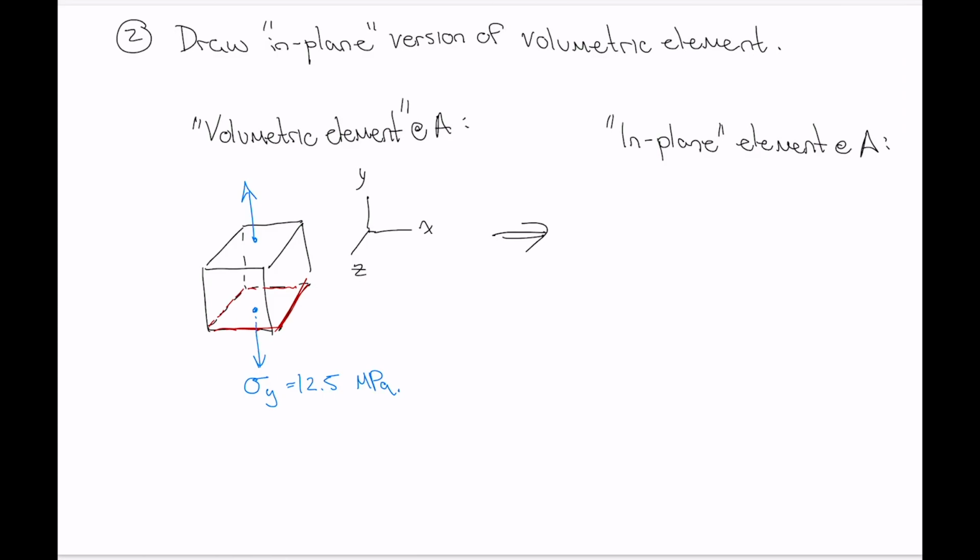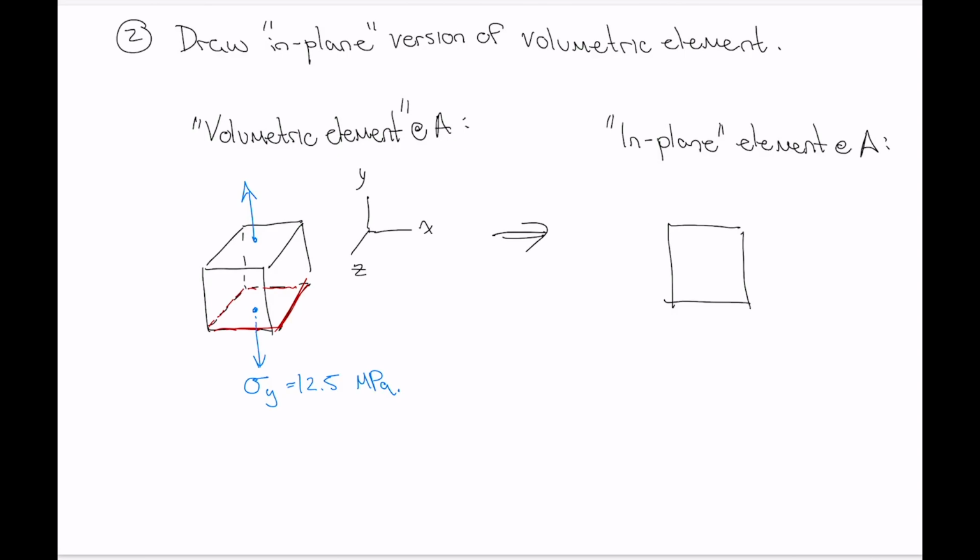What we couldn't do is draw this element looking down the y-axis, because then we wouldn't see that stress. For a 2D in-plane element, the stresses have to act on the edges of the element for them to be seen. So let's draw it